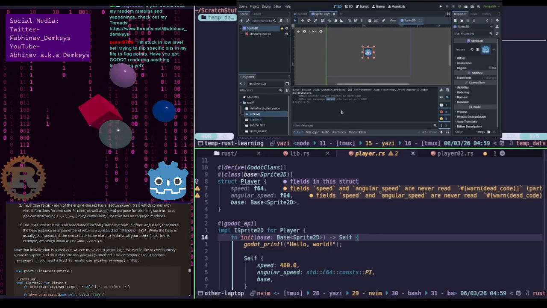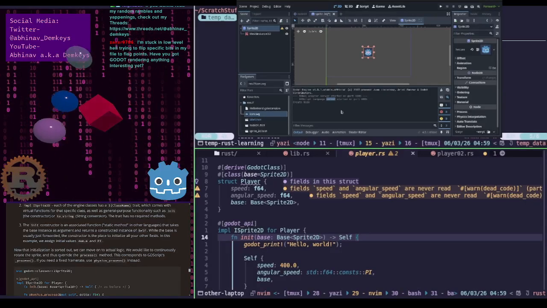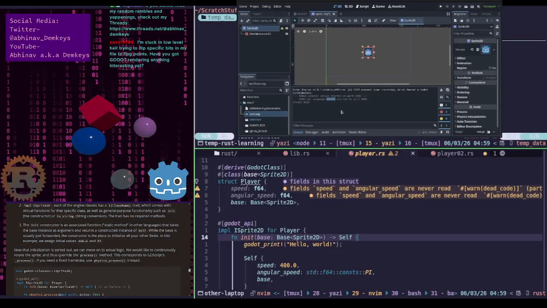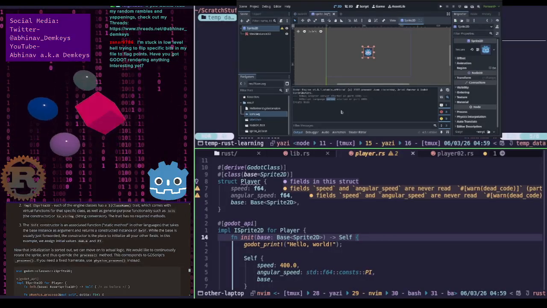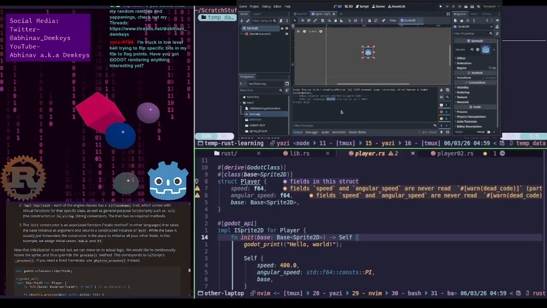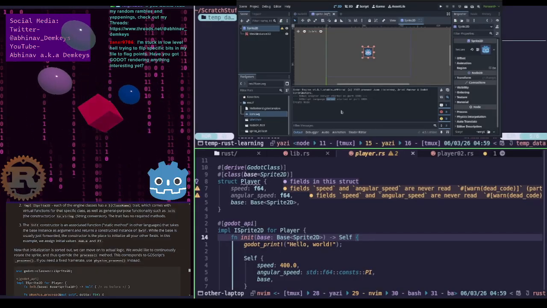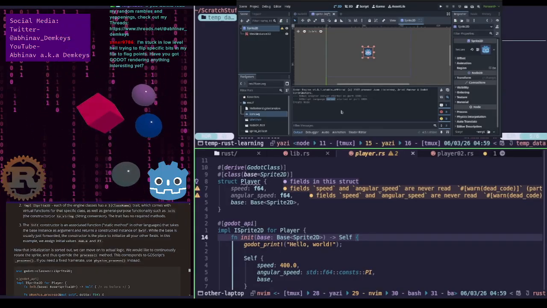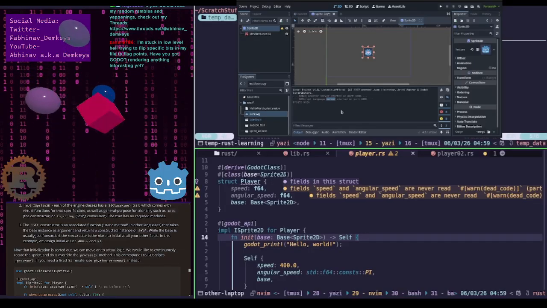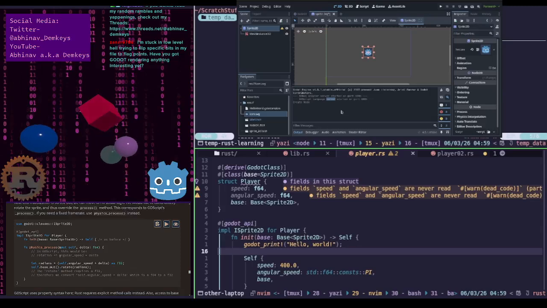Anyways, moving on. While the base is usually just forwarded, no wait. The init constructor is an associated function that takes the base instance as an argument and returns the constructed instance of Self. While the base is usually just forwarded, the constructor is the place to initialize all your fields. In this example, we assign the values 400 and pi. Now that the initialization is sorted,